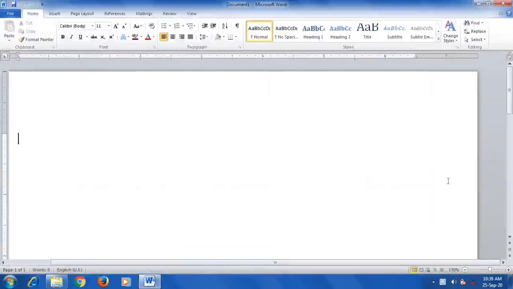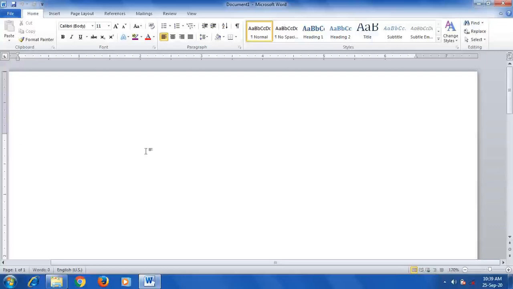Before learning how to select text, why does it need to be selected? What happens if we have not selected the text, or if we select the text, then what can we do? Because if you want to copy the text from one place to another, if you want to delete the text from this document, or if you want to format this text, in those cases the text has to be selected. If you have not selected the text and you try those operations, it is not possible. These operations can be done only with the selected text.